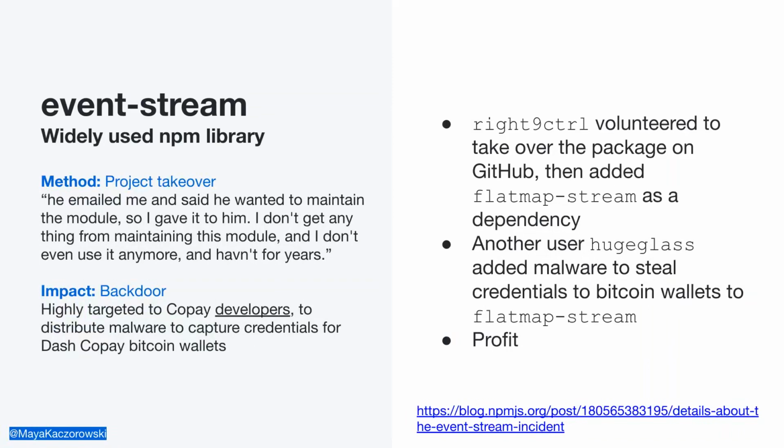This code in the end user package scanned the user deposits to see if they had Bitcoin or Bitcoin Cash above a certain amount, and if so, captured passwords and sent those to a remote address to be able to then siphon off that money. The malware did make it into a handful of releases of that Dash Copay wallet.